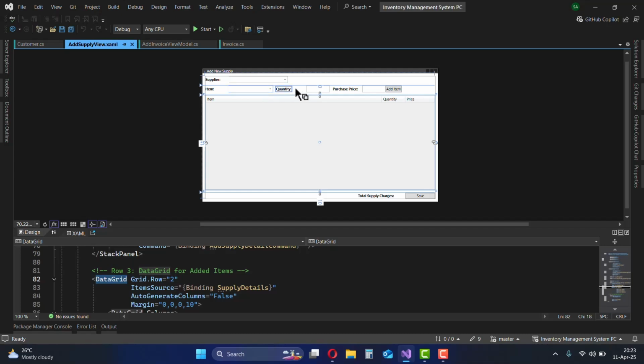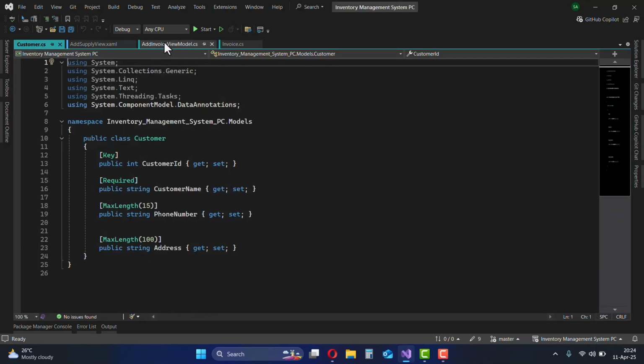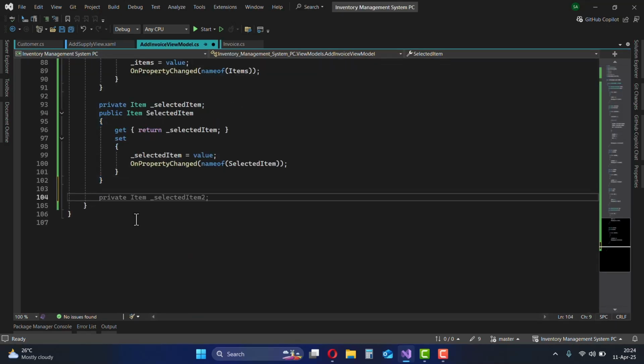And after that, we have quantity and measuring unit text. So we have quantity here,